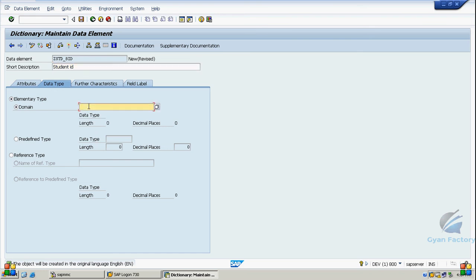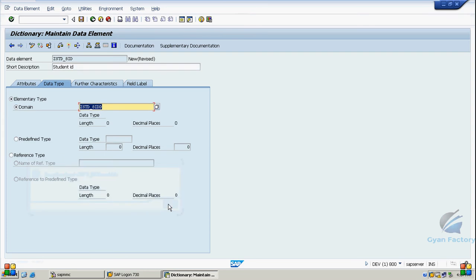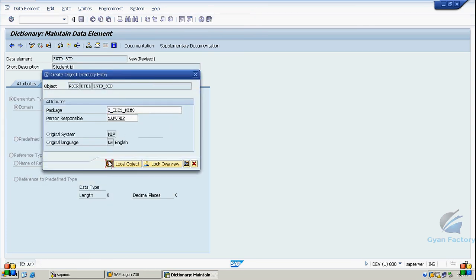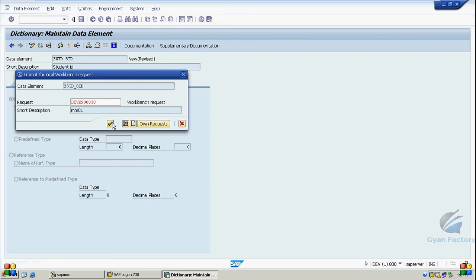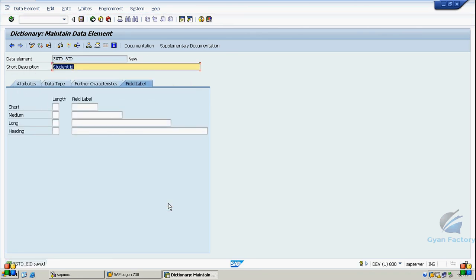and we have to create one domain also. So let me create one new domain, std_8 id domain. Okay, so it is not created. As of now just save it. As it is a new object, it will again ask for package and TR. The package and TR will be asked for the first time. This is for freshers. Okay, so here we can give different labels. I have already told in the previous class why I have to give different labels over here.